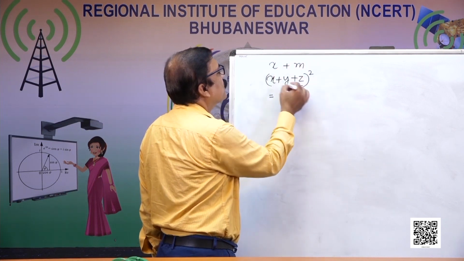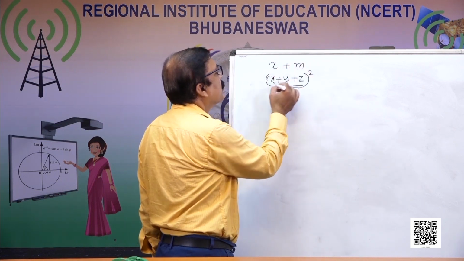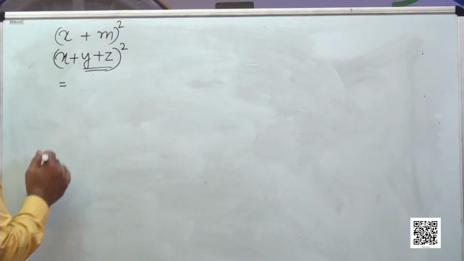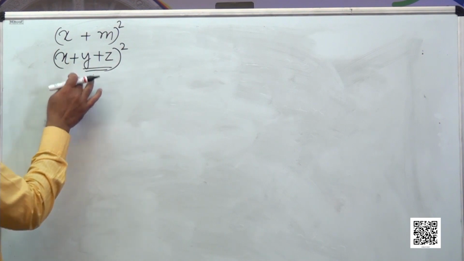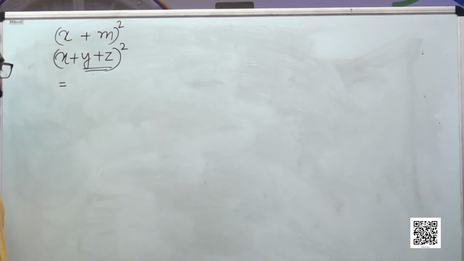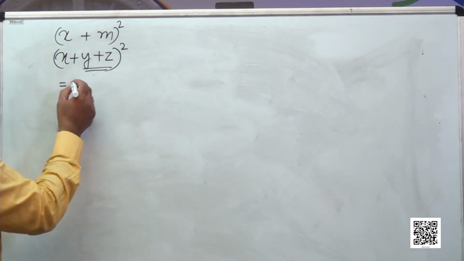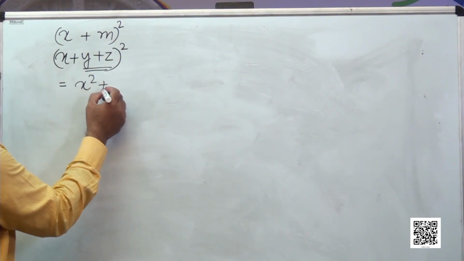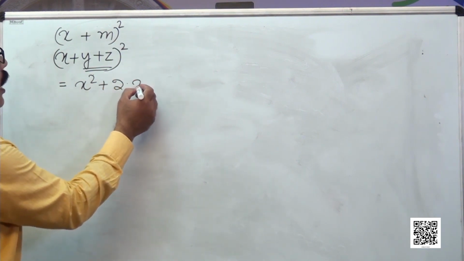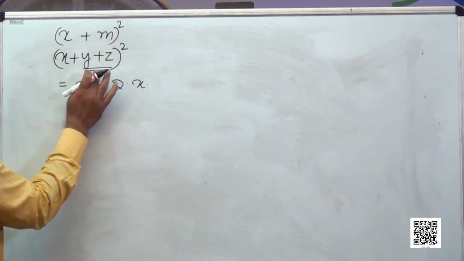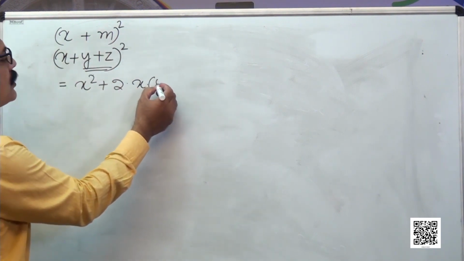Now if y plus z is m, this becomes (x plus m) whole square. So what will be the result? As in the first identity, this is x square plus 2 into x into m. In place of m, let me write y plus z